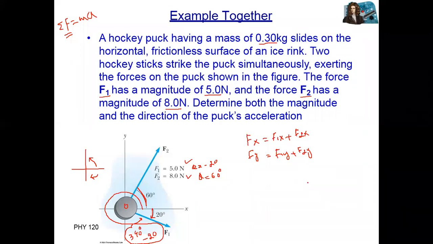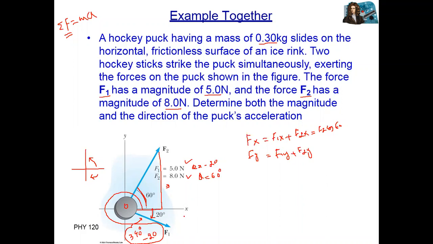So how to find f1x and f1y? If you draw a straight vertical line from f2, this side is the vertical component f2y, and this horizontal side is the f2x component. Correct? F times cosine of theta. Yes, excellent. So we can say that f2x is F cosine of 60 degrees, and f2y we have this. Correct.